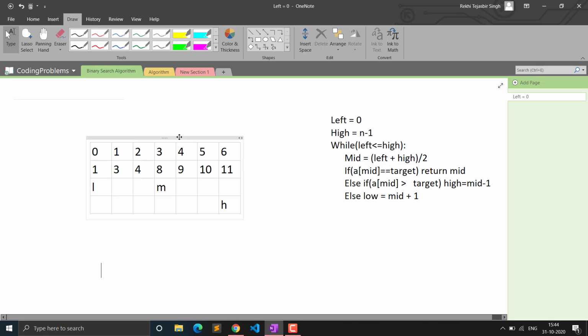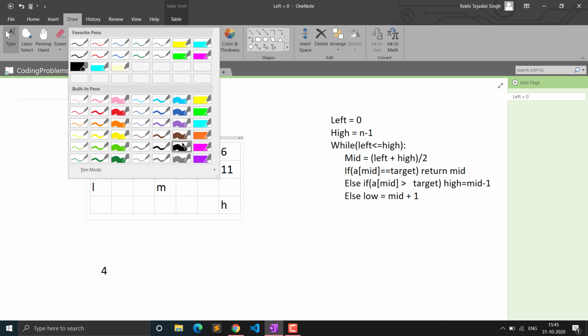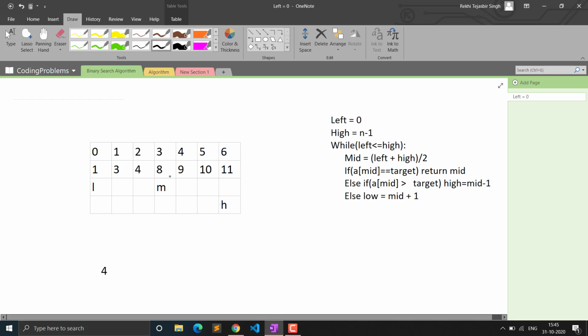For example, if we are searching for value 4, 4 is our target. Then to find 4, you will compare it with the mid index element. The mid index element is 8, so 4 is smaller than 8. We are also given that the array is sorted, so that means 4 cannot occur after 8, because the array is sorted and all the elements after 8 are greater, so we will simply cancel them and reduce our search space.